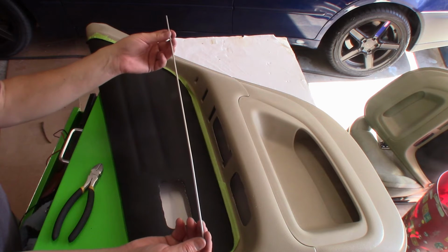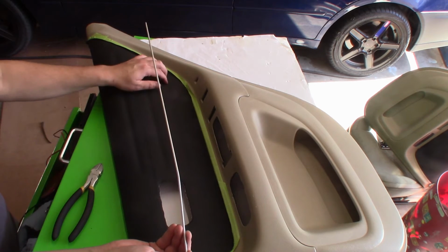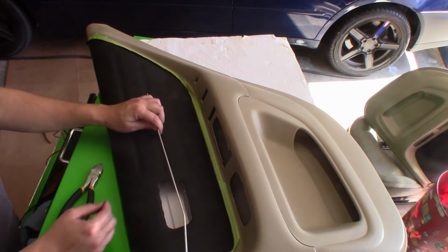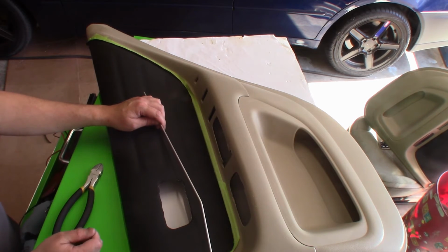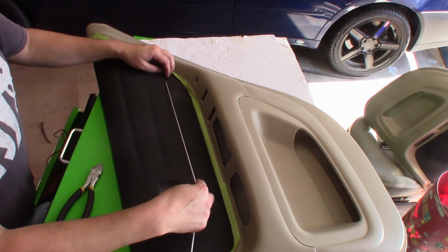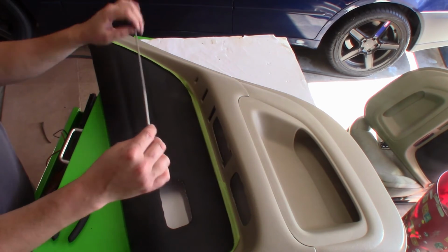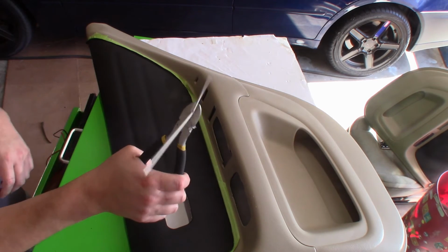This one happens to be trimmed, but we're going to put these rods in here, and these three lines here, and hopefully my idea is going to match up with when you open the door and you see it, and hopefully it looks a little bit better than it was stock. So what I'm going to do is I'm going to place one in here. I'm just going to measure here, make sure I got the right length. You want to keep it a little bit long on both sides. This one, it's a little bit long, so I'm going to trim it. It's easy, it's just like